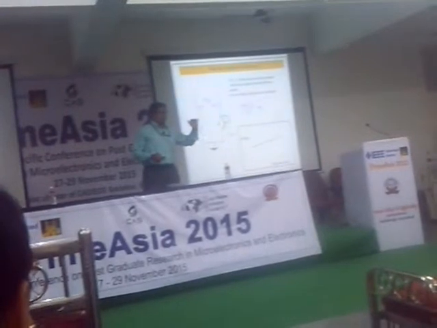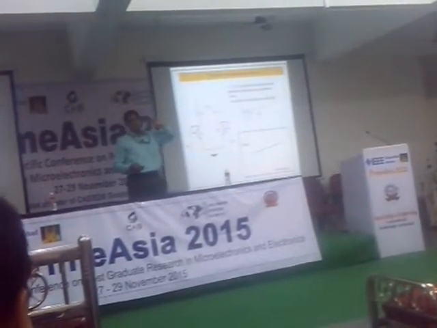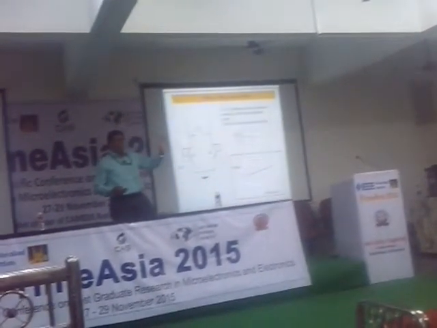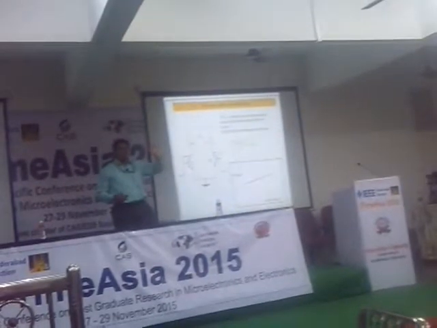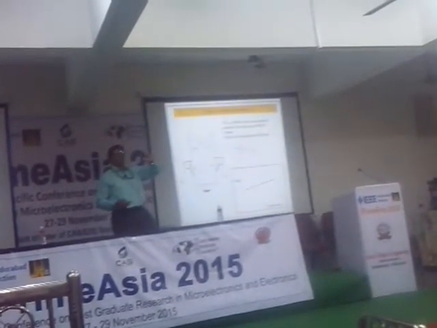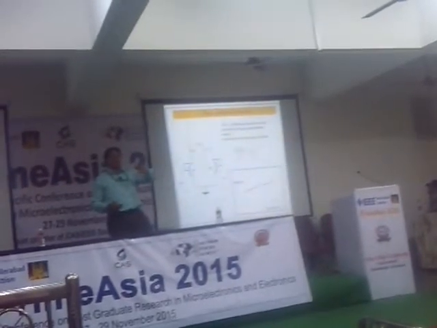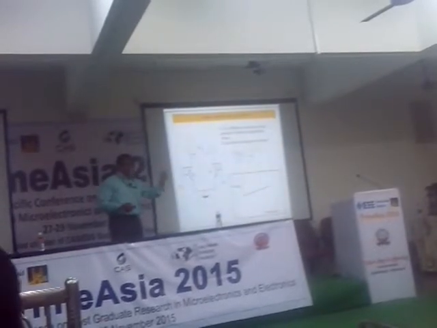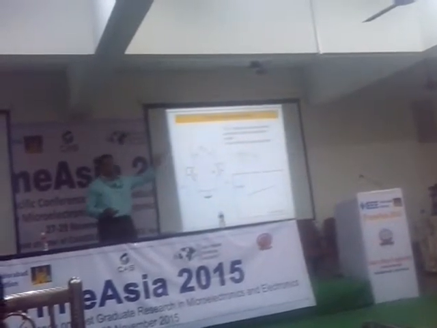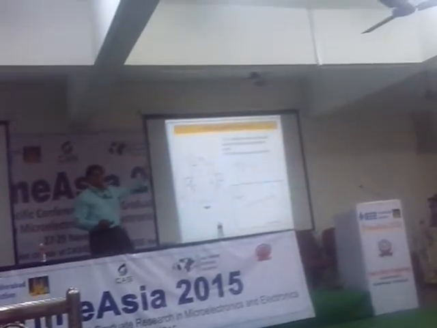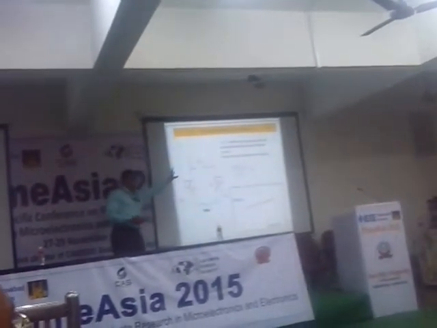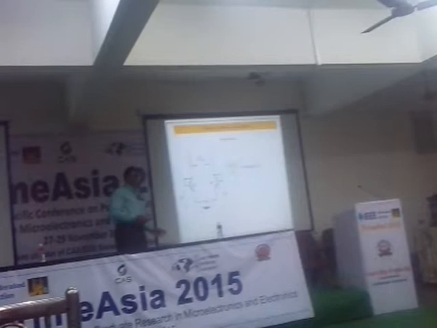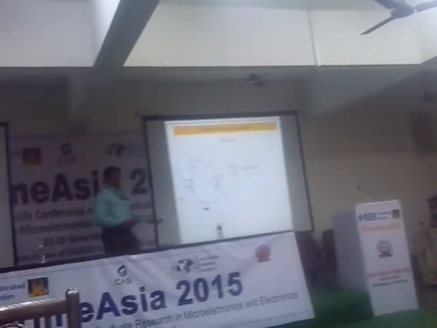If you assume eta is equal to 1, then IC is equal to IC naught into e power VB by VT. Taking VB from there, VB will be VT into log of IC by IC naught. So if you have two different currents, then VB1 minus VB2 will be VT into log of IC1 by IC naught minus log of IC2 by IC naught, which is log of the ratio of your currents. Practically the value of this is typically 0.087, and it is a PTAT.